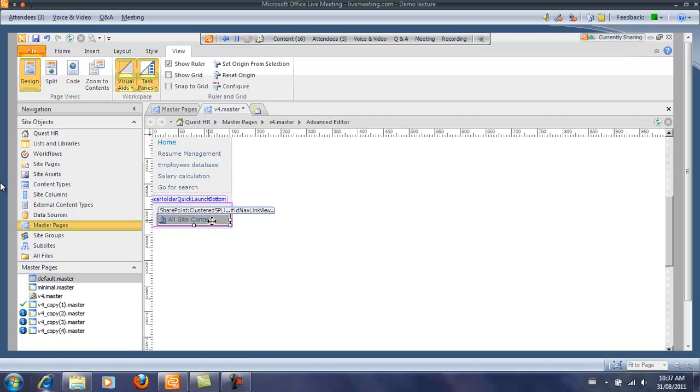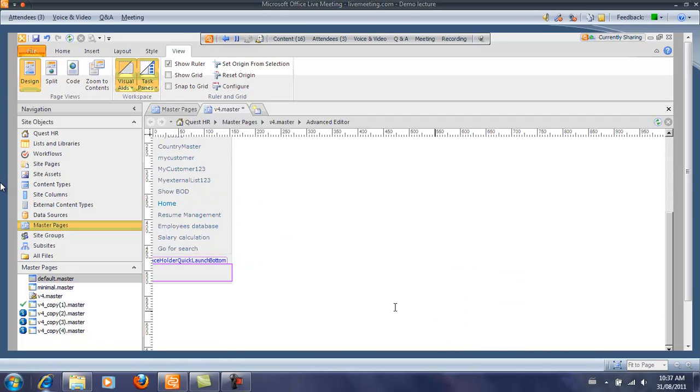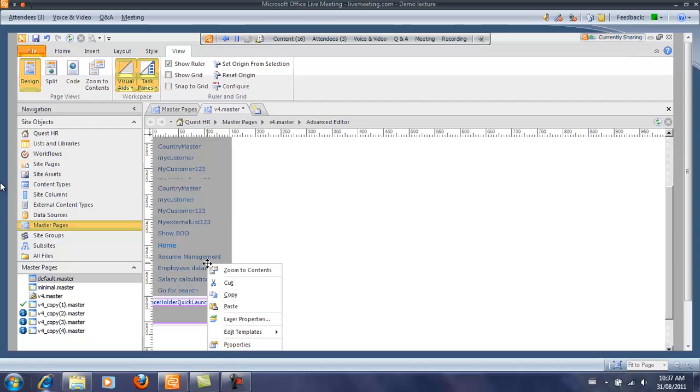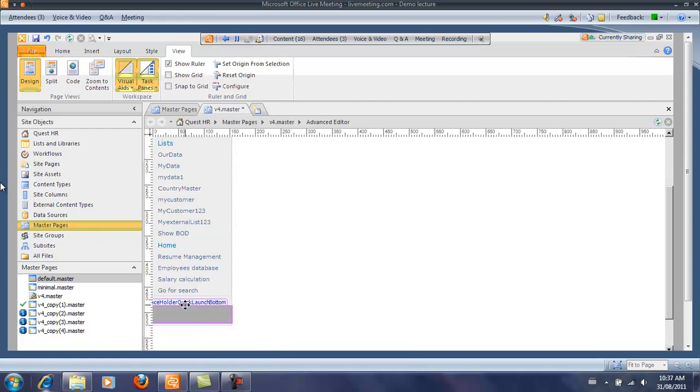Now let's select very carefully all the site content and remove this tag from here. So now we are very much ensuring that the launch bottom placeholder is there. We don't want to delete that. As I told you, as a golden rule, don't delete it. But then we don't want this placeholder launch, so what I'll do is